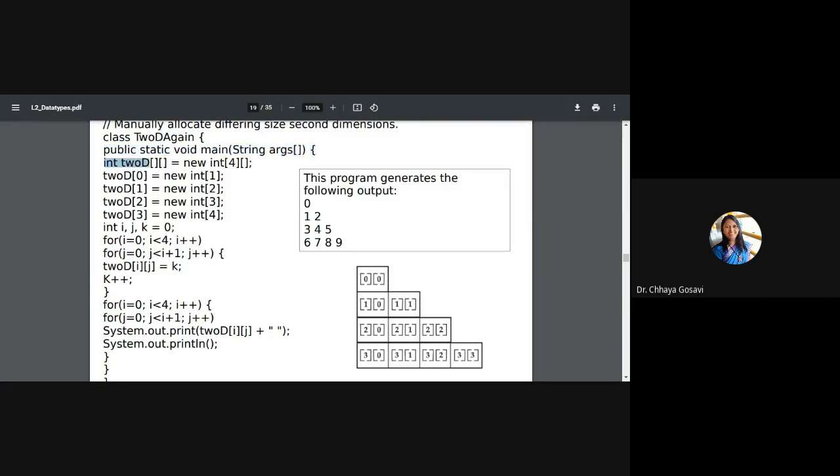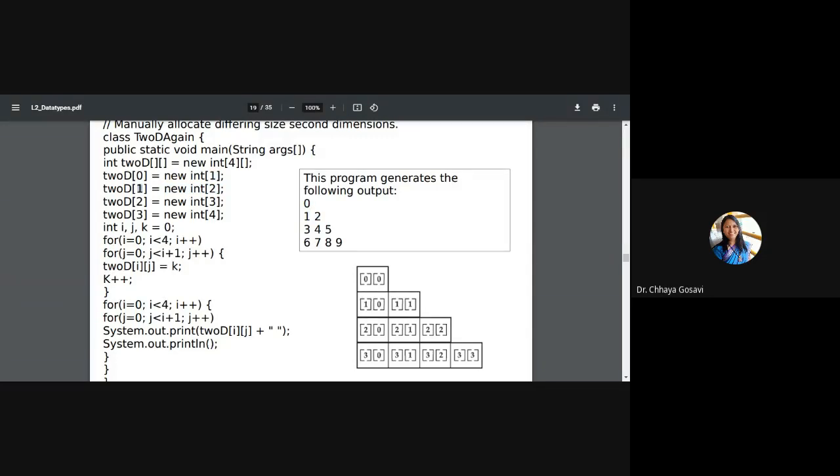Here I am defining an integer variable 2d with 2 square brackets and new int. I am defining the first value, that is 4. It means I know that I want 4 rows. I want this type of output. So 4 rows is fixed, and the number of columns I kept blank. And now for each row, the 0th row size is 1, new int 1. The size of the first row is 2 columns. I want 2 columns for the first row. For the 0th row, I want only 1 column.